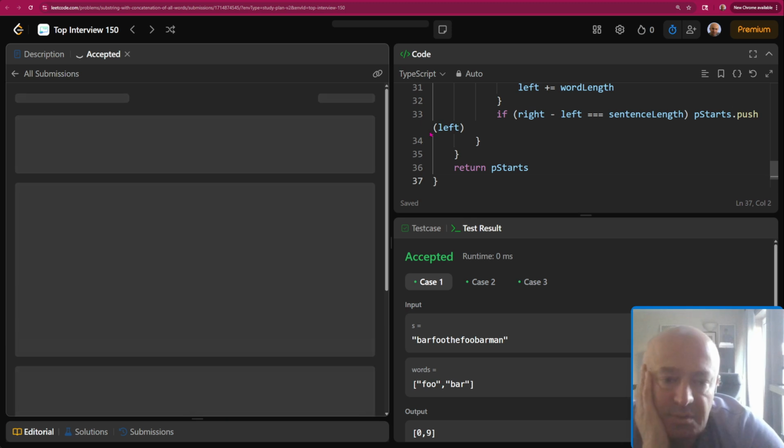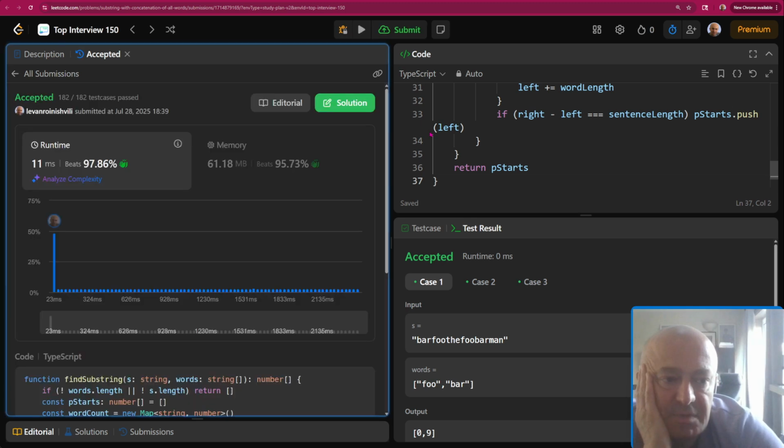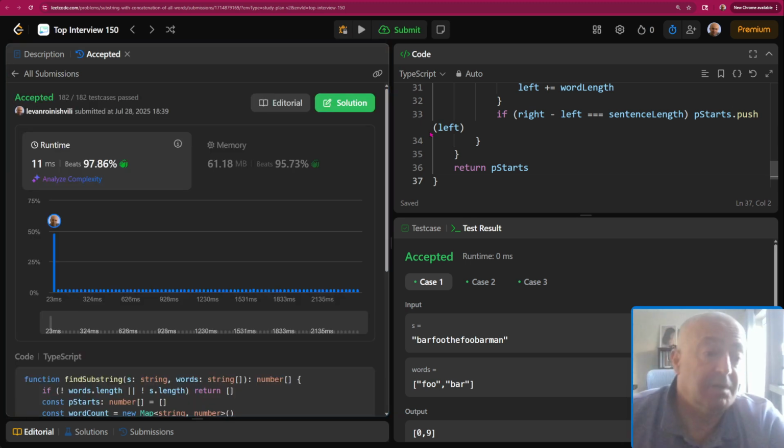Okay, I've submitted. Let's see if this gives us, wow, this is considerable improvement. I mean, 97%, we beat 97% in terms of speed and 95% in terms of memory, which is decent, I